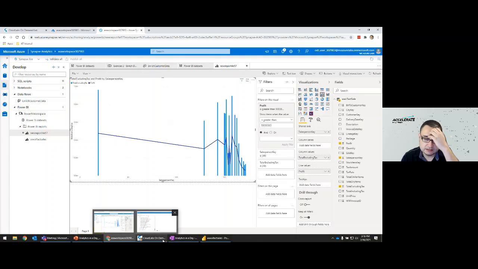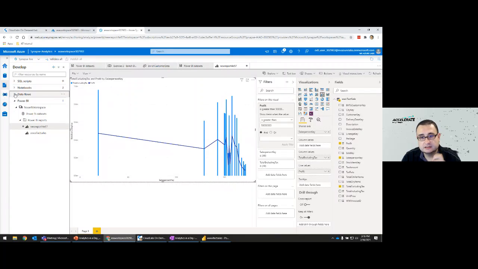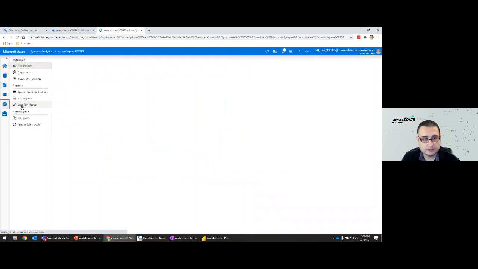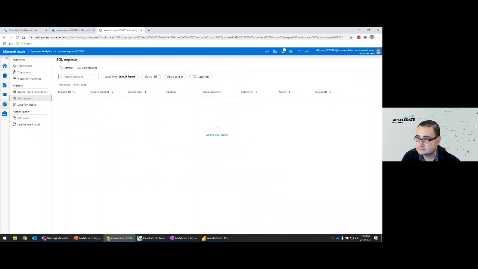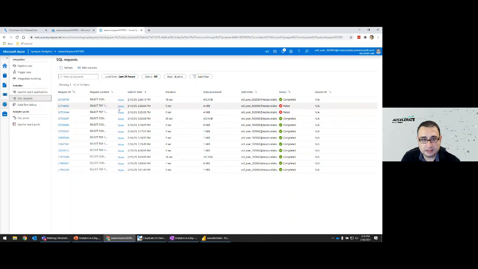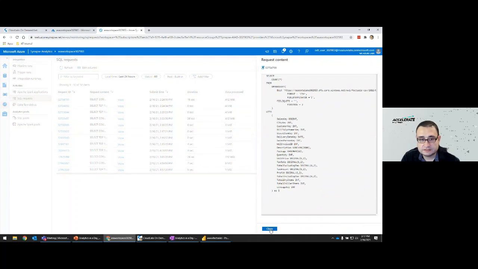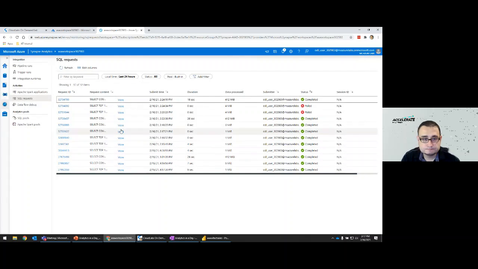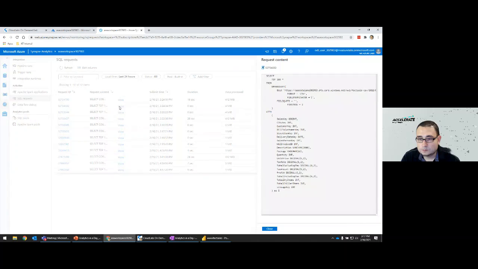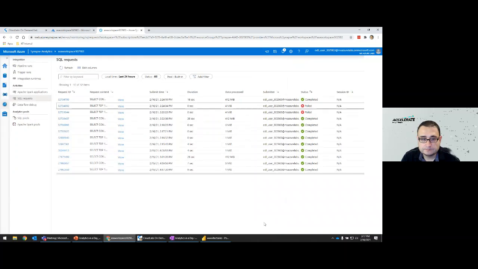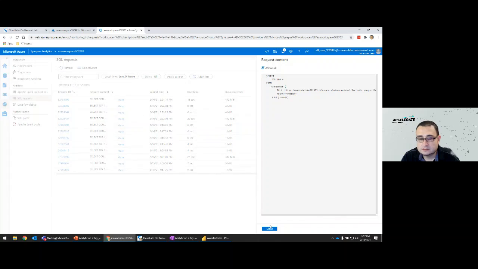So that is essentially the lab on Power BI. The last thing I wanted to show you, which is part of the lab and really interesting, is the query that Power BI just executed. If we go to the monitor section and we go to the SQL requests, one of these requests, and maybe we can expand this a little bit, has the query that Power BI executed.